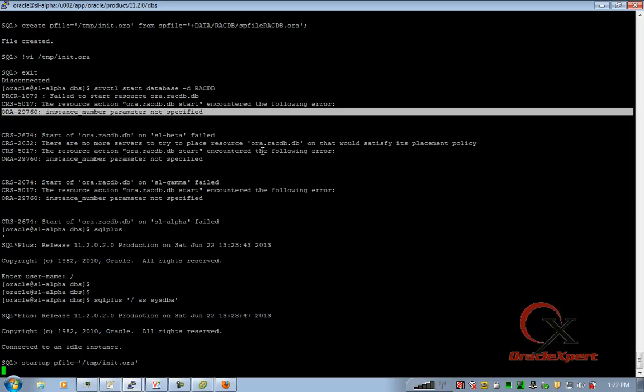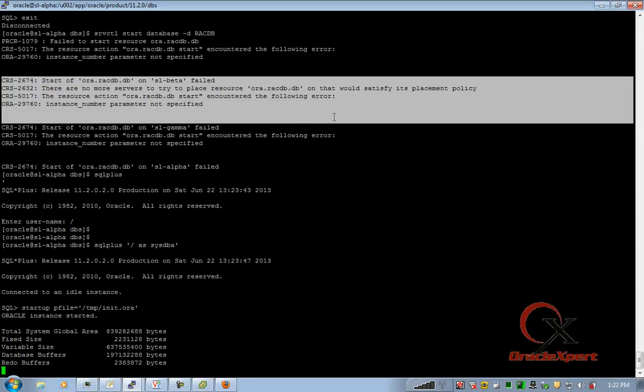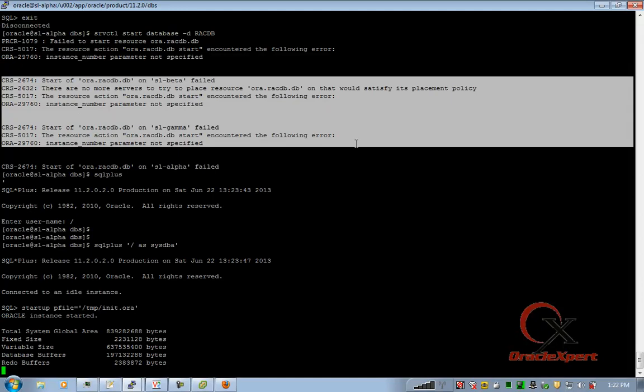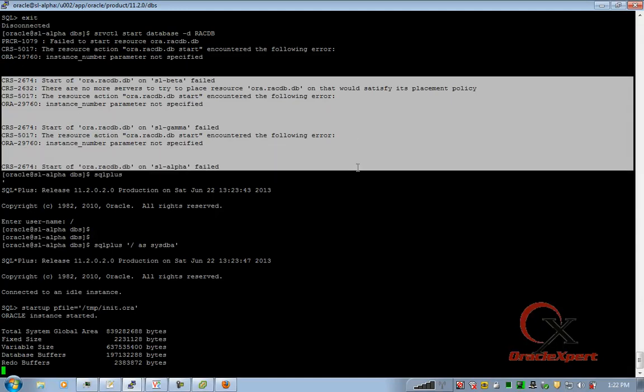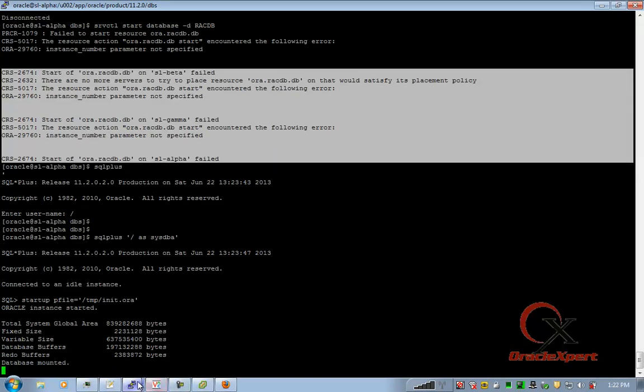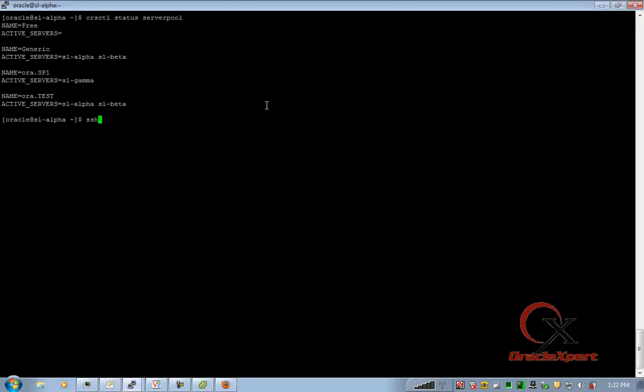Anyways, I have modified the P file. I want to check where exactly it is encountering that issue. And this was encountered for beta and gamma, not for alpha. So I should have checked it on beta and gamma, not here. It faced that problem on beta and gamma.